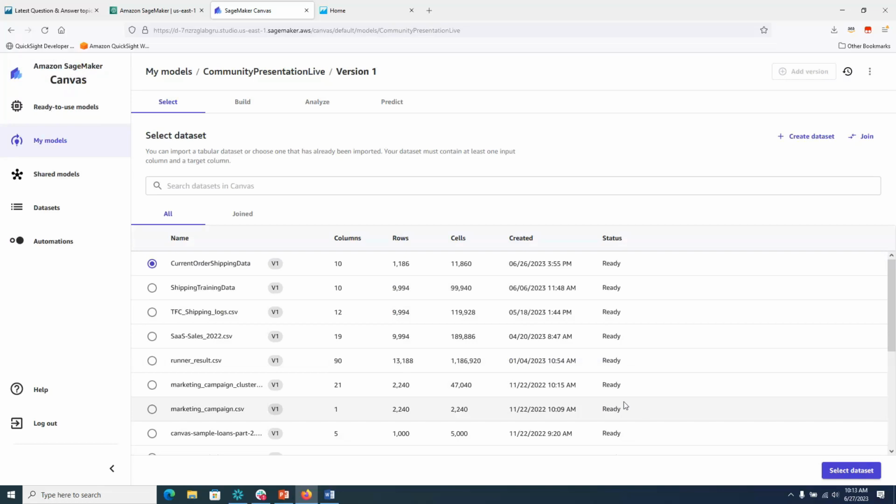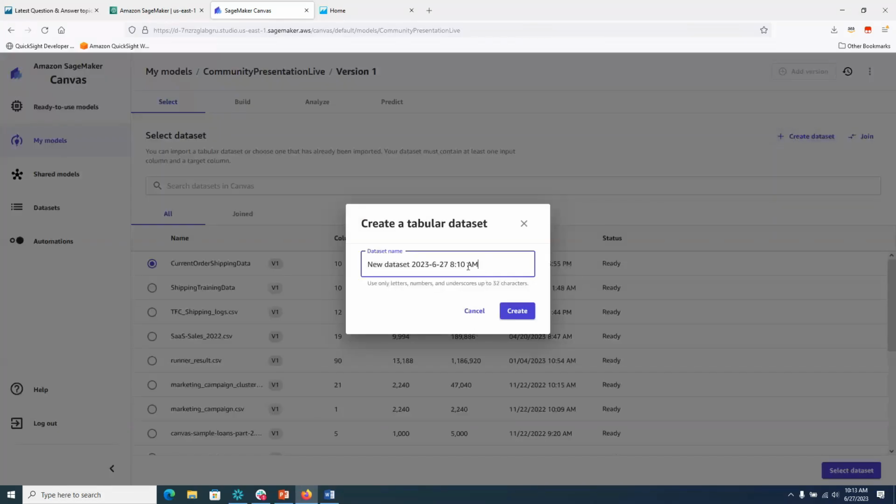So first, we can create a data set. So notice we also have, and I mentioned this earlier in the slides, the ability to do some data preparation as well. So you can join data sets and do some data prep within this interface as well. You can create a data set, you give it a name, and that will take you to